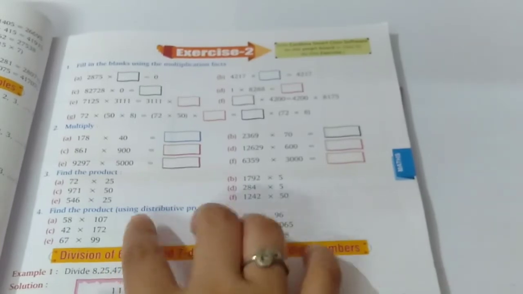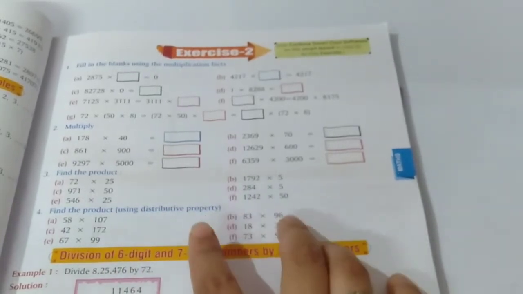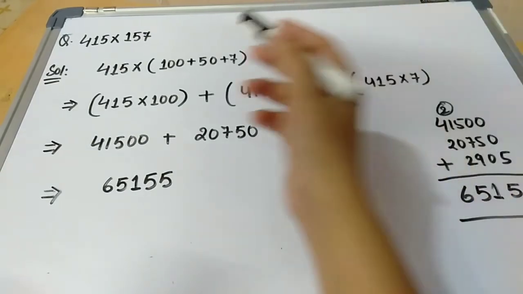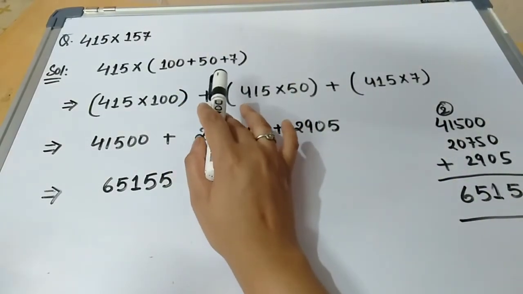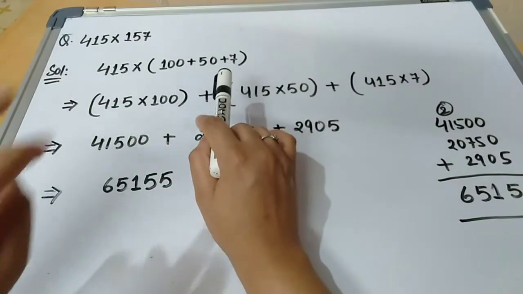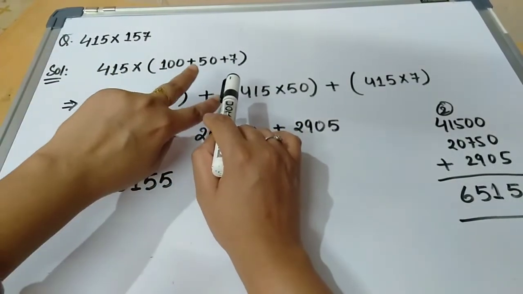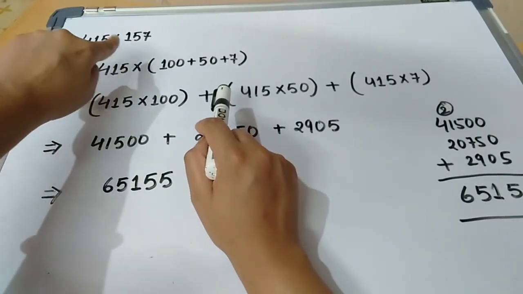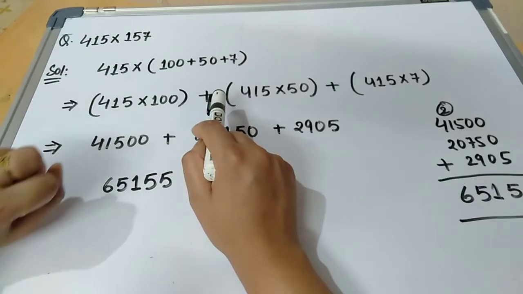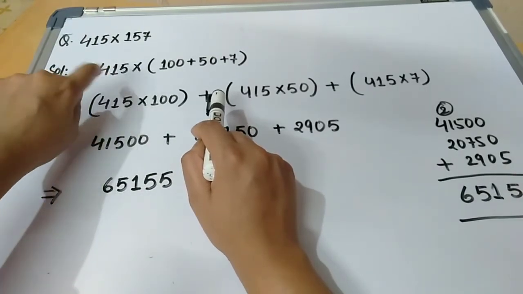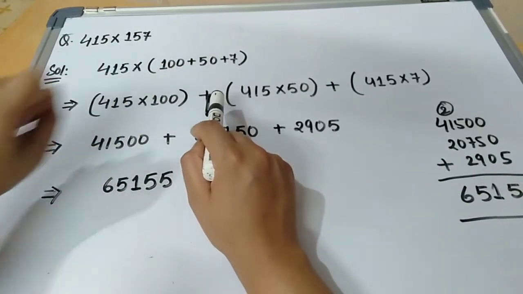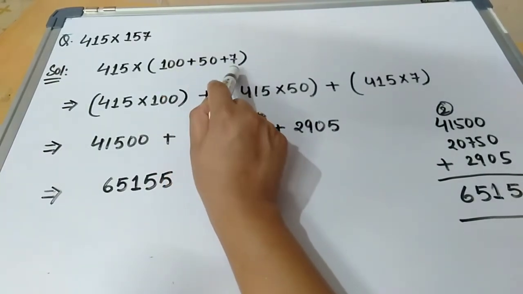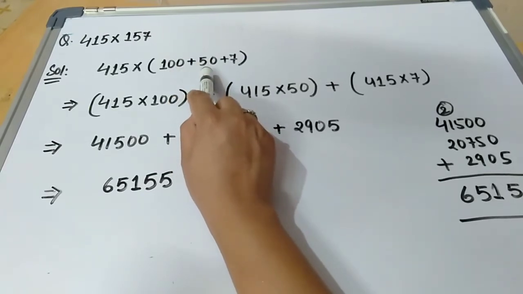And the distributive property is very important, we have done it earlier. So let us see one example of the distributive property. There we split the number in two ways only. So now here we will split the number in 3 ways. So 450 into 157, both are 3-digit numbers. We will not split this one. It will be easy for us to split this as 100 is there. So we can expand and write it like this: 100 plus 50 plus 7.